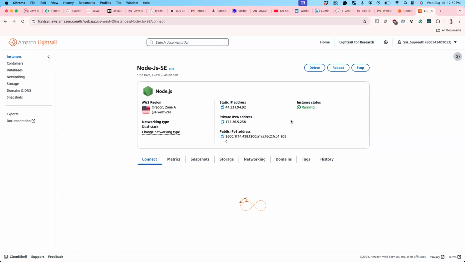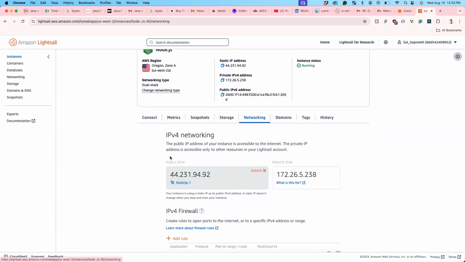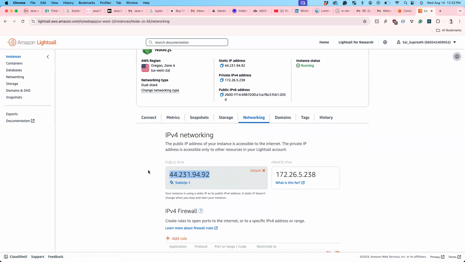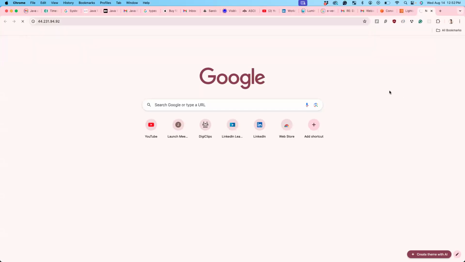If you go inside, the one thing you need to change here is the network. As soon as you create it, you will get a dynamic IP address. To generate a static IP, you just need to click static IP so that it will be fixed. Even if your instance goes down, it will have a fixed IP address. For example, in our case, this one is the IP address, right? If I go and enter it,